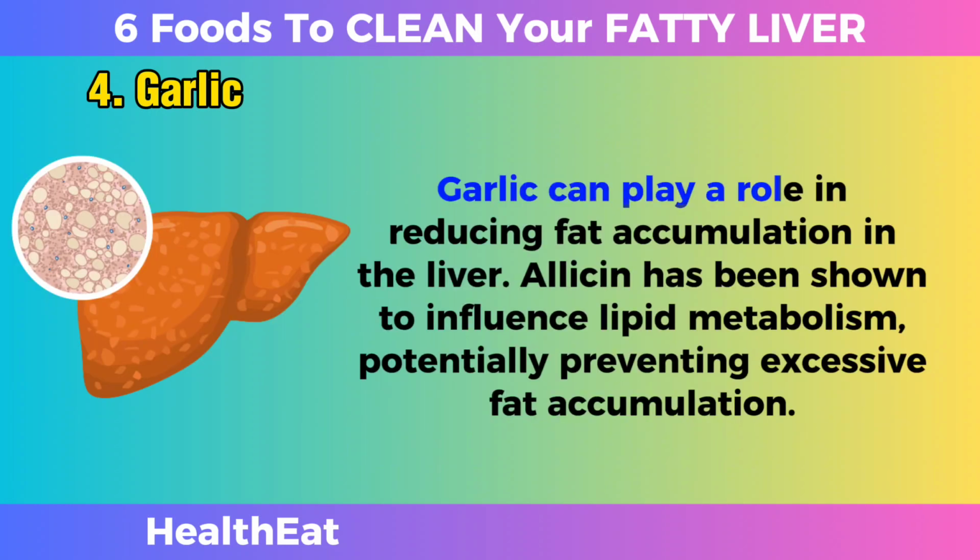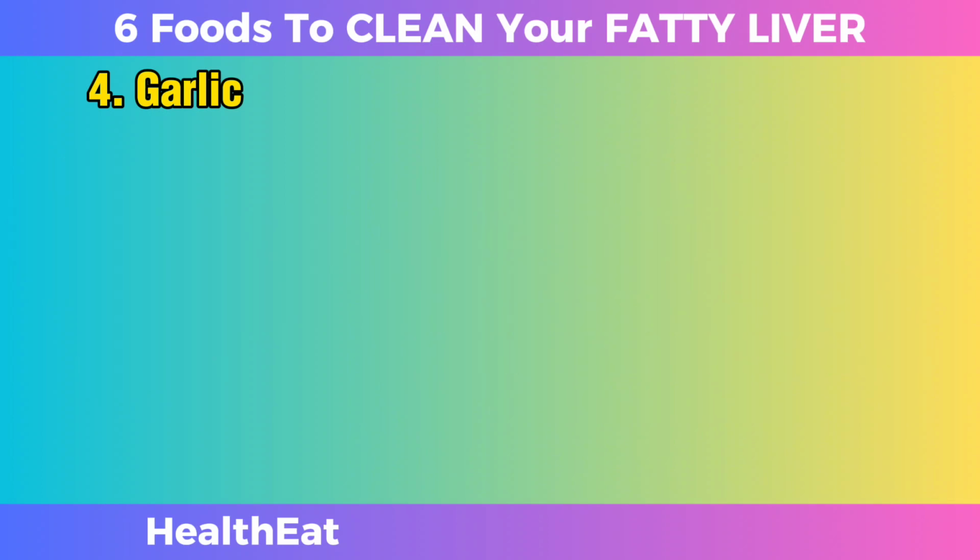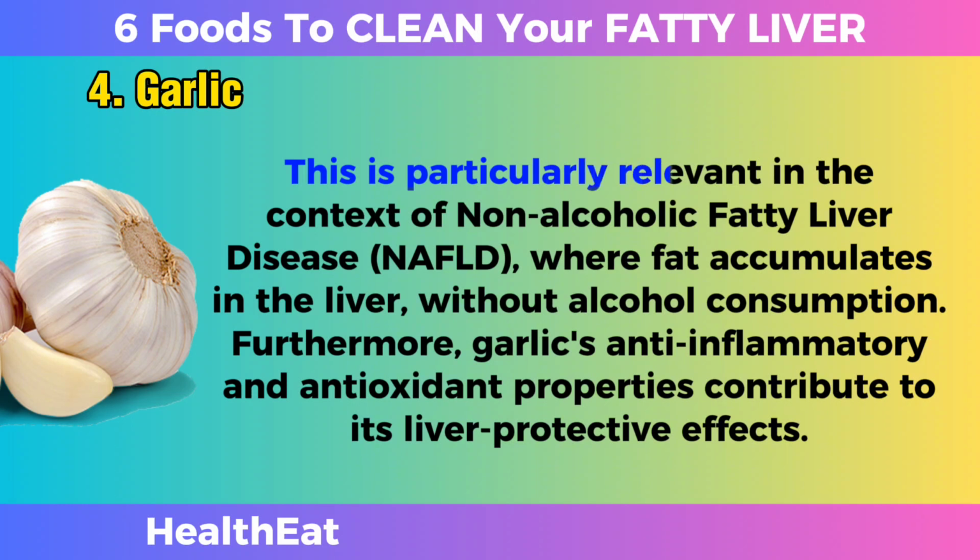Garlic can play a role in reducing fat accumulation in the liver. Allicin has been shown to influence lipid metabolism, potentially preventing excessive fat accumulation. This is particularly relevant in the context of non-alcoholic fatty liver disease (NAFLD), where fat accumulates in the liver without